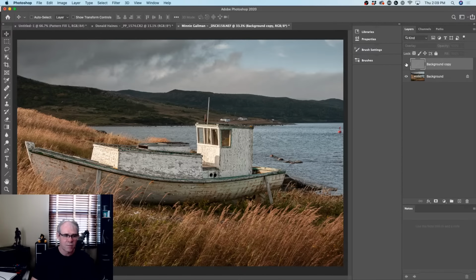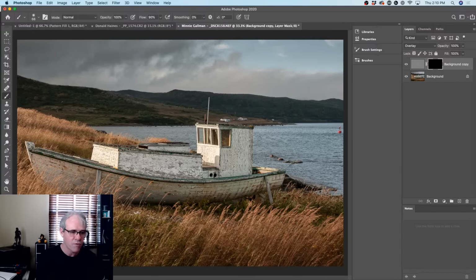Now, if I hide this before and after, you can see I like what we're doing in the texture on the boat, but it's a little much in some of the areas in the background. So this is the nice thing about high pass sharpening. We can hide all the sharpening, hold down the Alt or the Option key, and create a layer mask. And what that does is that inverted mask hides everything. So we're going to grab a brush,